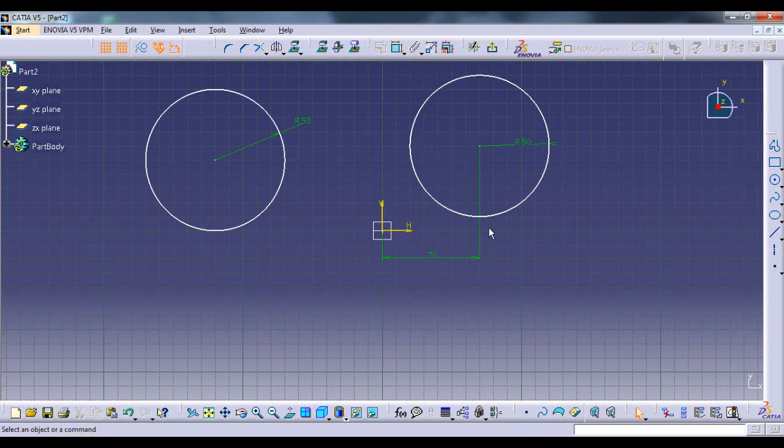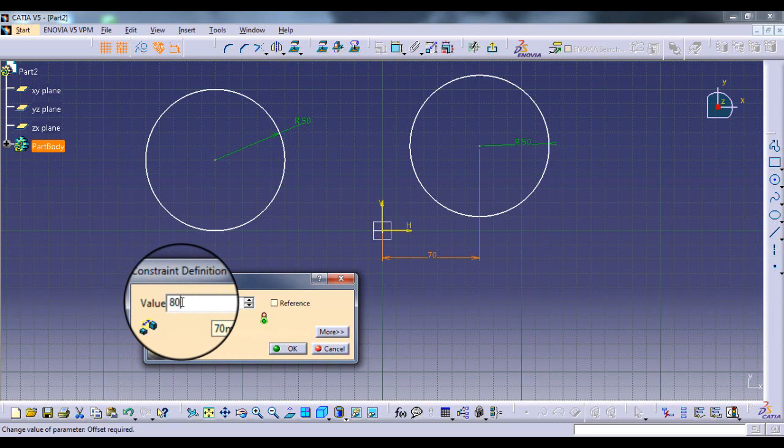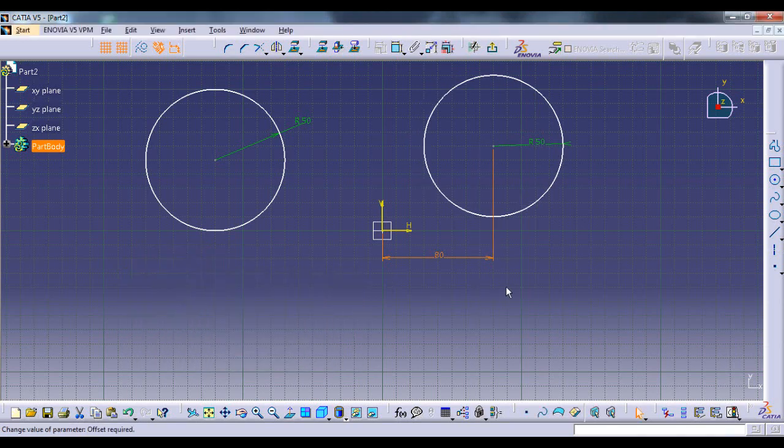We want the horizontal distance to be 80 mm, so we double click on this dimension, enter 80 mm here and press the enter key. So this distance has now become 80 mm.